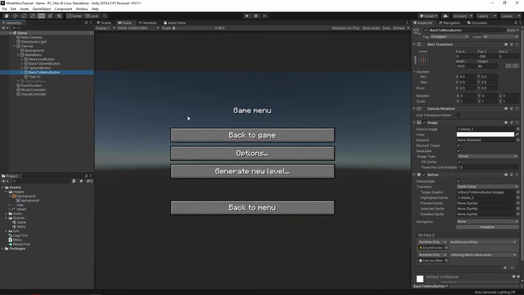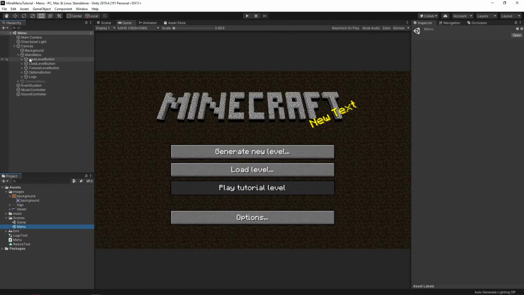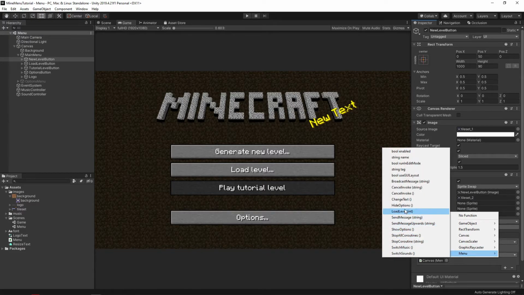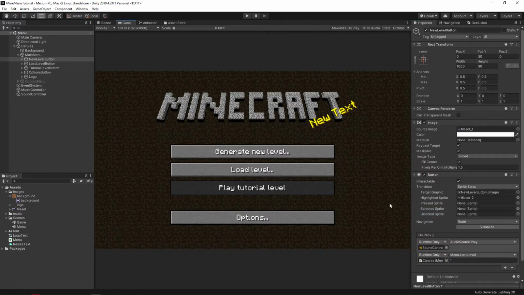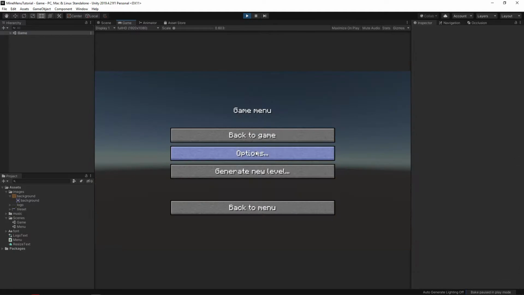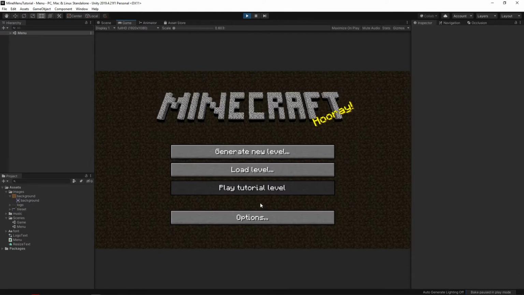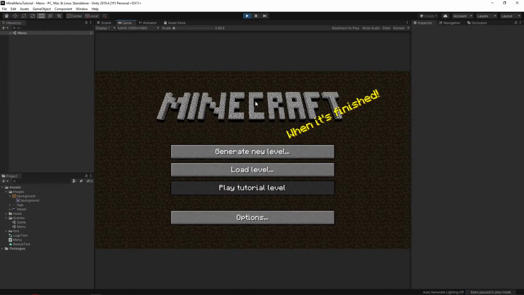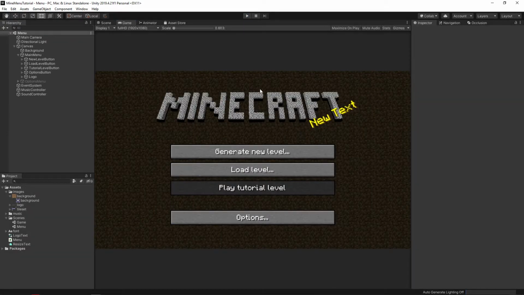And now we need to apply the function to our buttons. Add a new item to onClick, which we will call the load level function with index 0. And in the scene with the menu, hang the load level call with index 1 on the generate new level button, and check the operation of the function. Unity does its job well, and loads the scenes one at a time. Great, that's all we wanted.